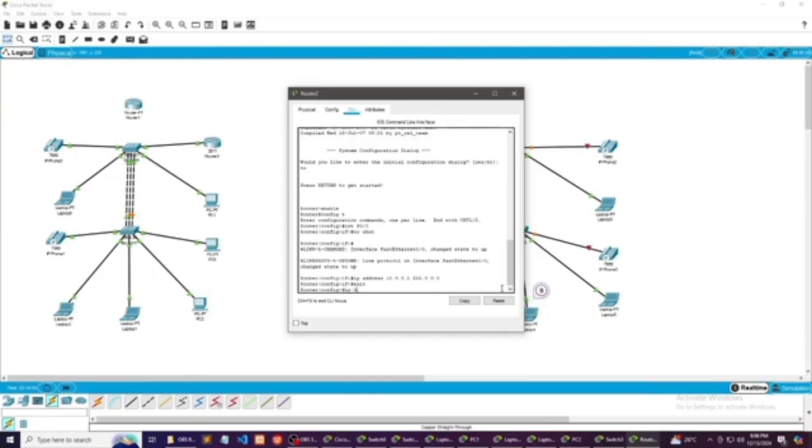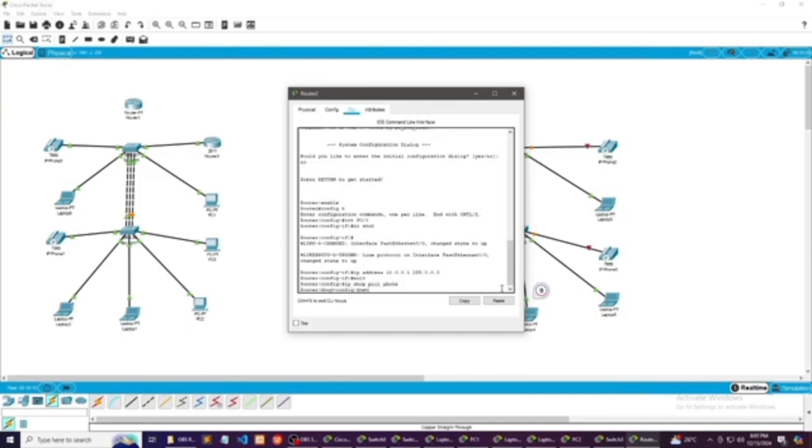Then exit, then after enter, and then ip dhcp pool phone, then enter. Just the same code that we used earlier, guys, on the other router.